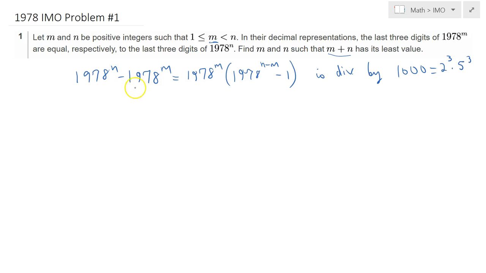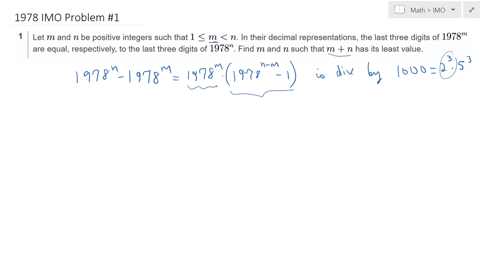The last three digits agreeing with each other is basically telling us that when we subtract them from each other, the last three digits should be 0. But this term is odd, so it doesn't accept any 2's in it, so therefore it must be